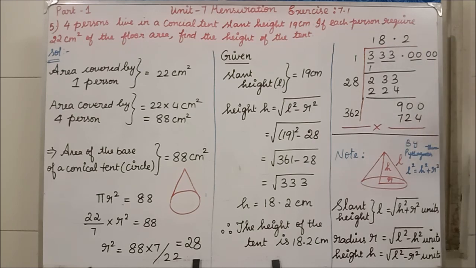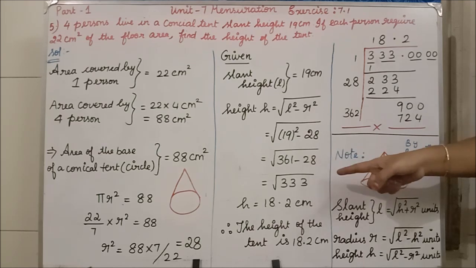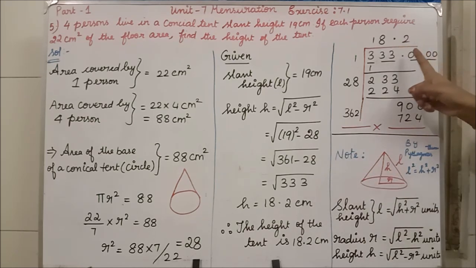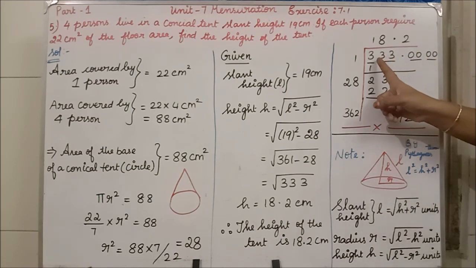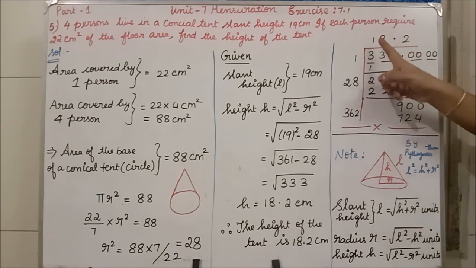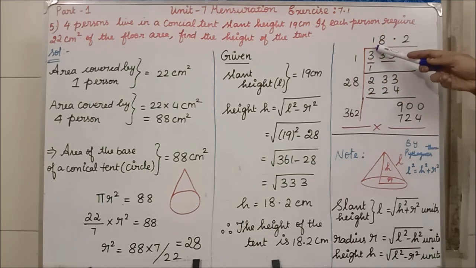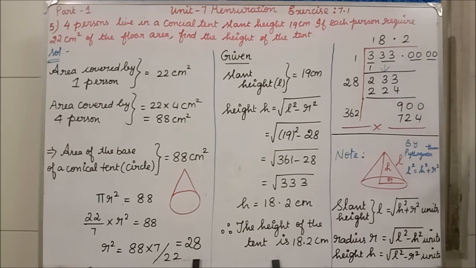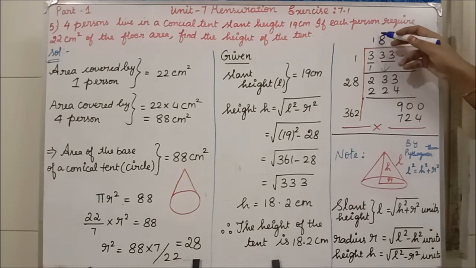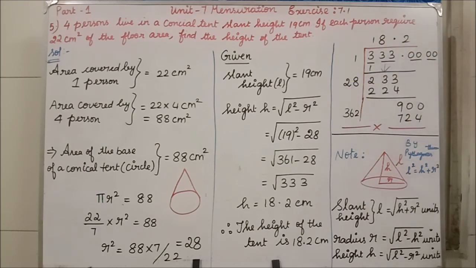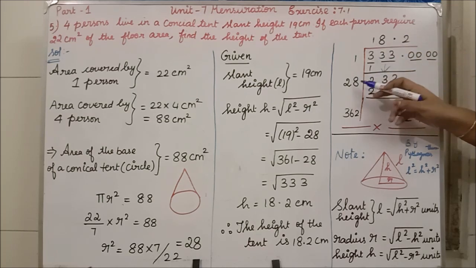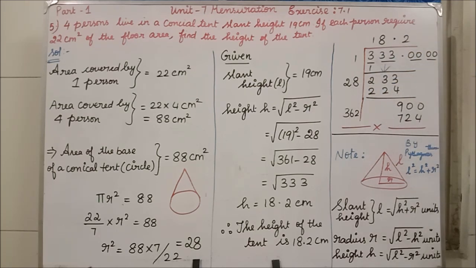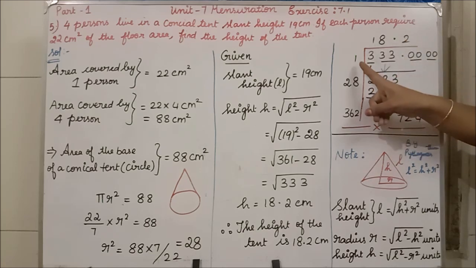Here, see, what is the procedure? Here 333 is there. See, I have written it: from the last you have to group two numbers. I have grouped two numbers. Here only a single number is there, so 3. So 1 ones are 1. Next step, 3 minus 1 is 2. The next step, we have to bring two numbers down. I am bringing the 33 down. So the first number you have to multiply with 2 and write here. What number you are writing, the same number you have to write here also. You have to try. If you are writing 1, then the same 1.